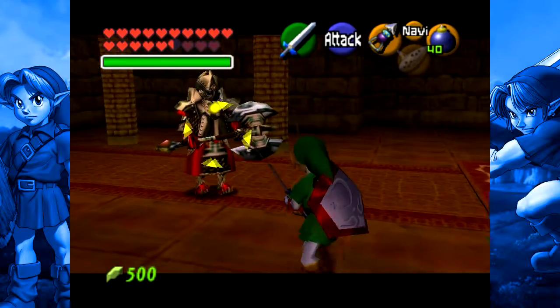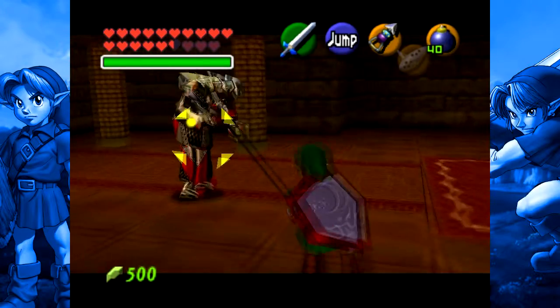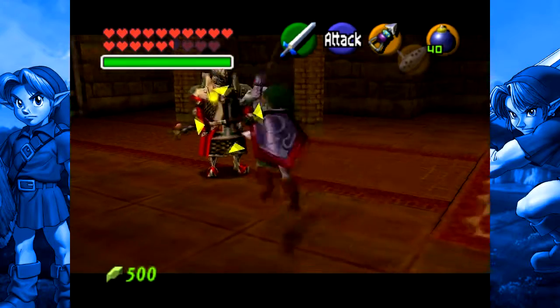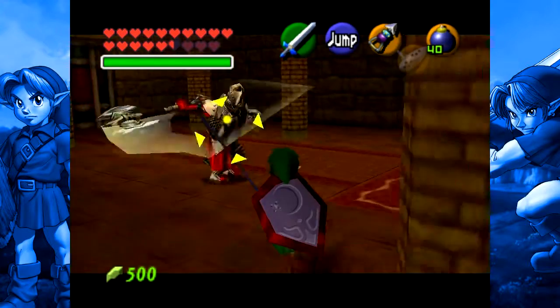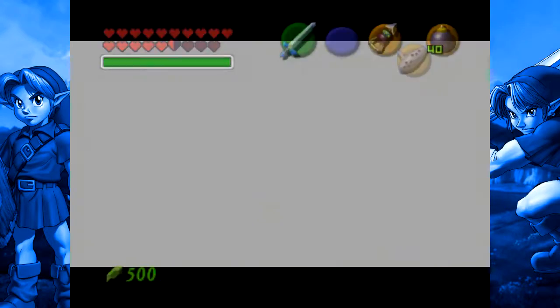I think that was the main thing I was doing wrong before, is I was getting too close to it. You've got to try and be just at its maximum attack range. Just try and hop in and out of the attack range and just...